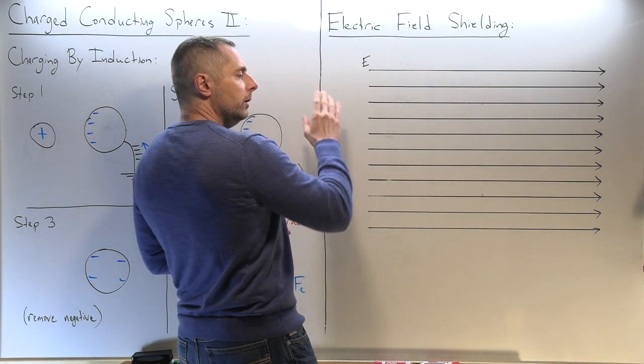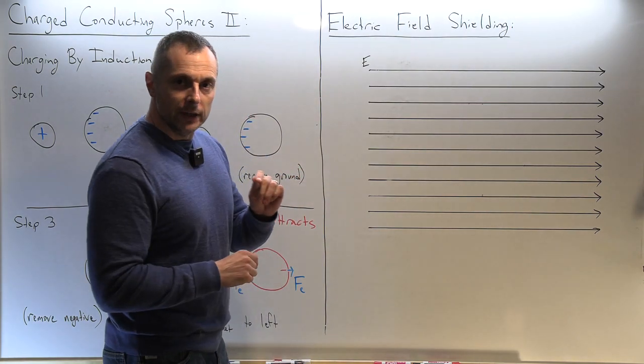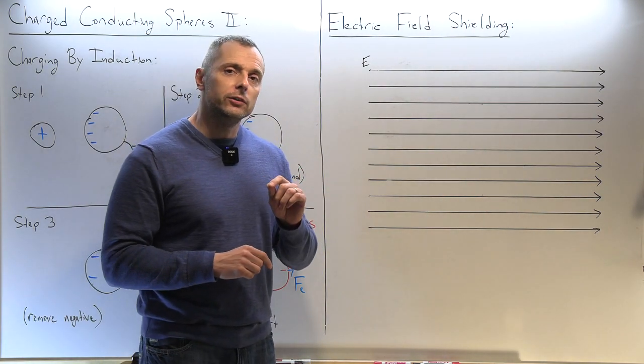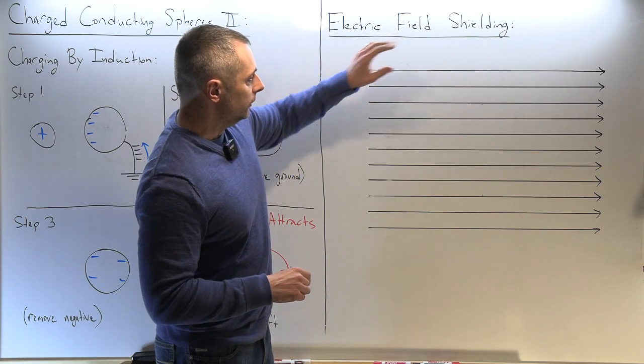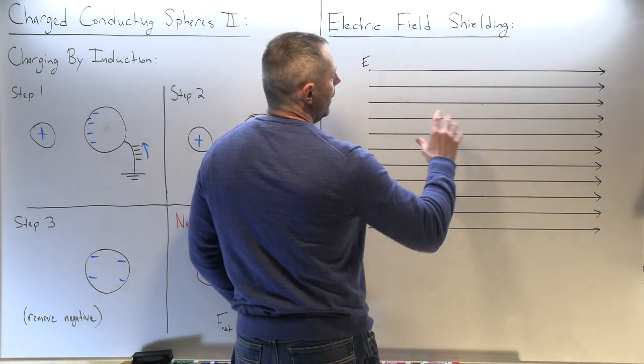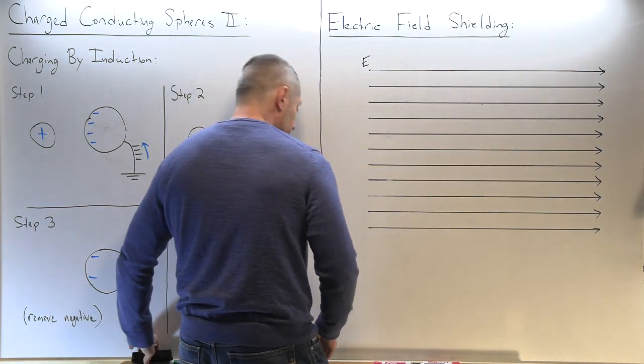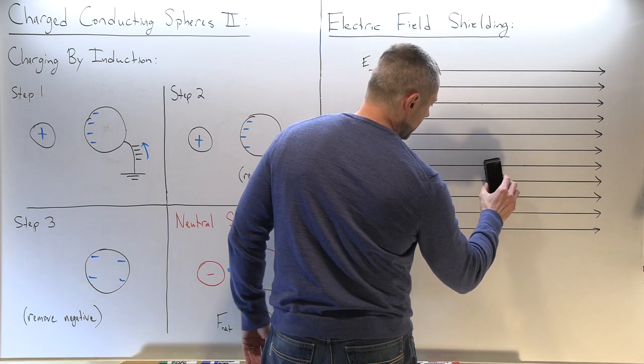Now, another interesting thing a conductor does is it can shield, or it does shield, electric field. So electric field shielding. So what I'm going to do is now imagine that I put a conductor in this space. So what I'm going to first do is make some room